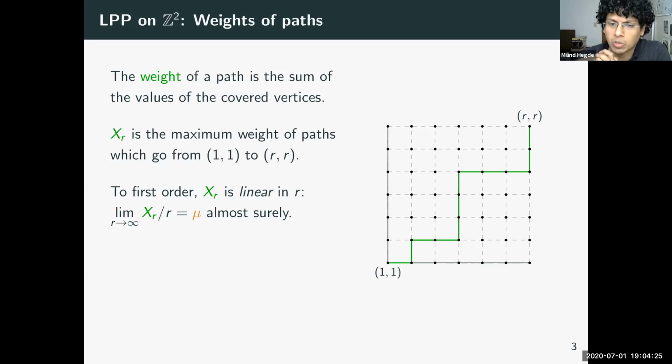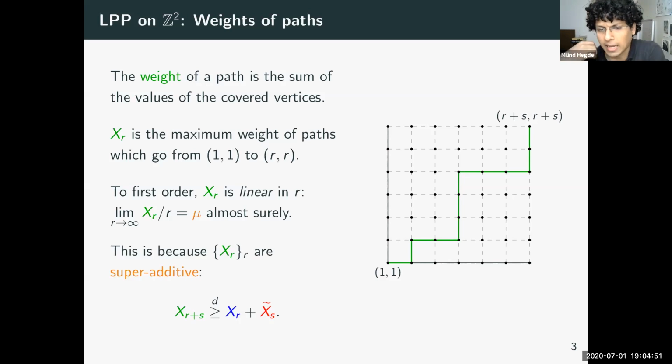And to first order, X_R is linear in R. There is some almost sure deterministic constant, mu, such that the limit of X_R over R is mu. So if you make no assumptions on the vertex weights, mu can be infinite. But as soon as you make some mild moment assumptions on the vertices, then mu will be finite. The reason you have this limit is because X_R has this nice superadditivity property, which means that